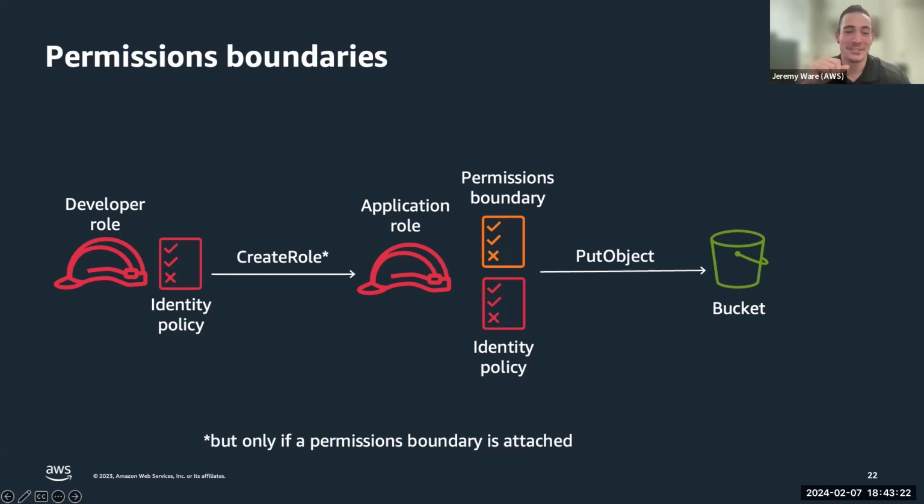All right. So again, holistically, a developer creates a role for an application. It's an application role. It's called a Lambda function role. Lambda invokes that role, and it has the permission boundary attached to its identity policy to do put object to a bucket. As long as both the identity policy and the permission boundary provide access, it will have access. If either deny access or do not explicitly allow, it will be denied.